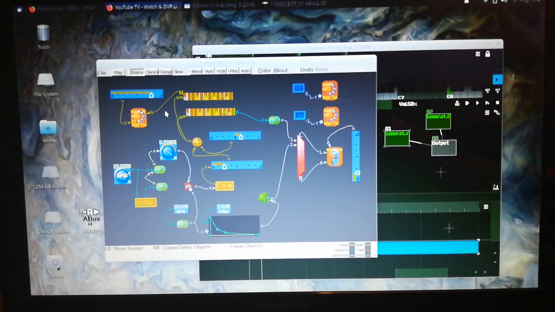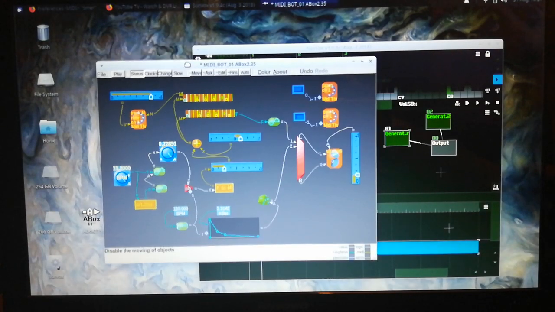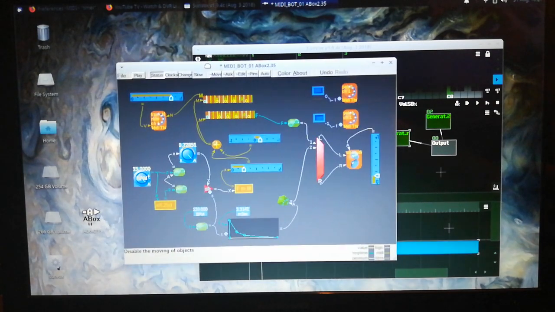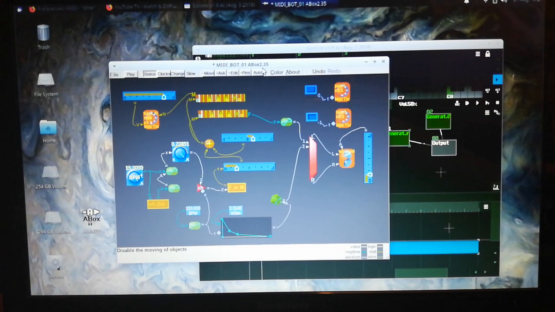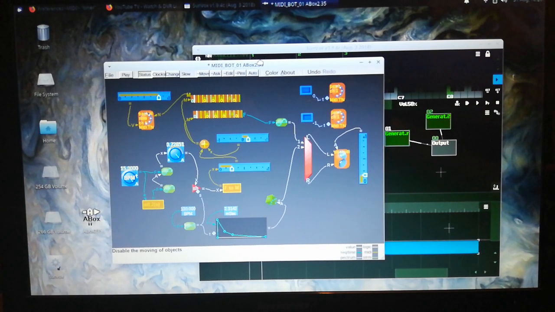Alright, this is Xubuntu 18.10, showing off my installation of an old modular software synth called Analog Box. This is Analog Box 235. I'm sure there's later versions. I don't know. This one works pretty well. New version of Wine. And under Xubuntu,